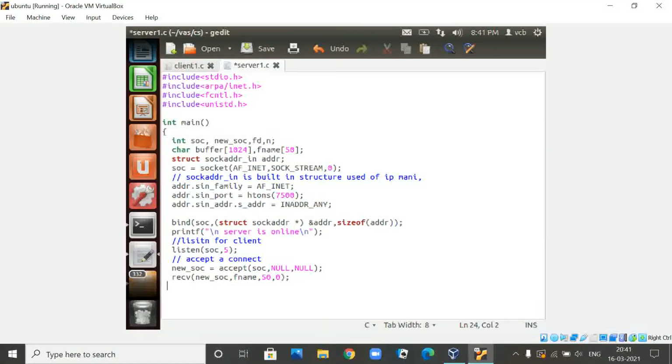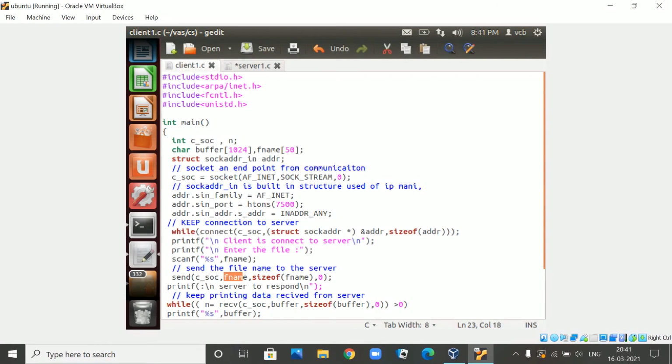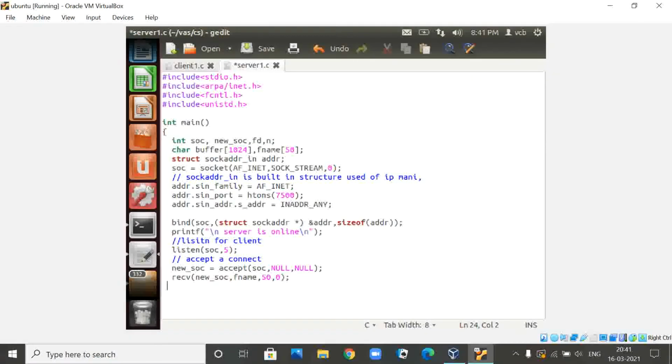Whatever file name the client sends is now stored in this fname. Once you get the file name, we will print one message on the terminal: printf, client has requested for this file, %s, with the file name.